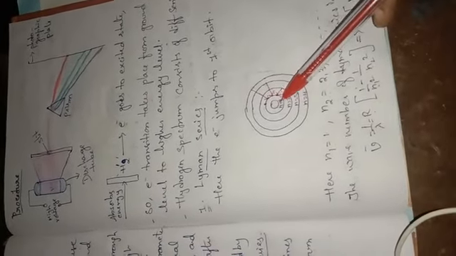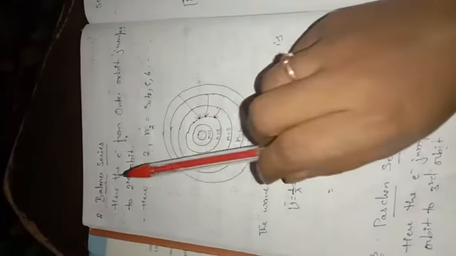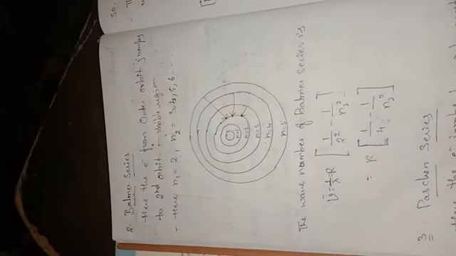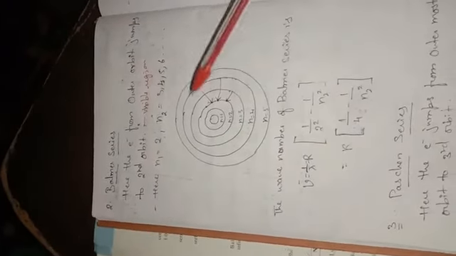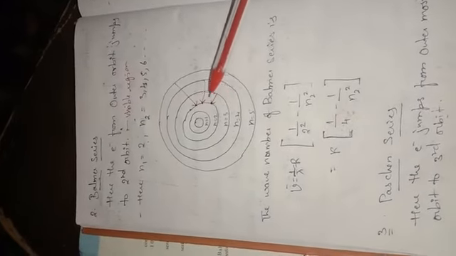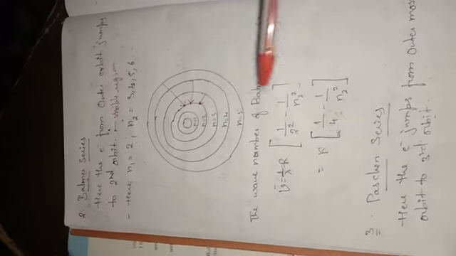So these are the 5 series. What are the 5 series we learned here? First one, Lyman series. Lyman series means the electron from the outermost orbit jumps to the first orbit. Next one is Balmer series, which we are going to get in the visible region. Here the electron jumps from the outermost orbit to the second orbit, and the formulas are this.